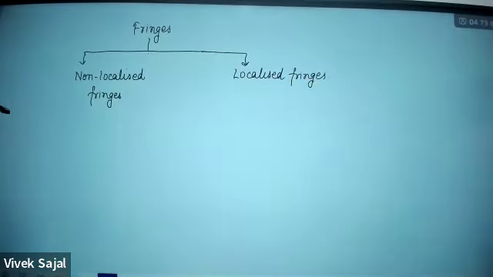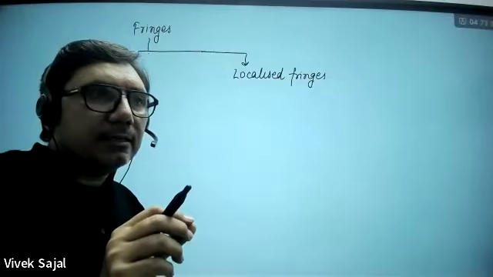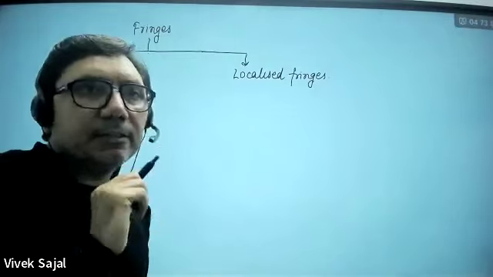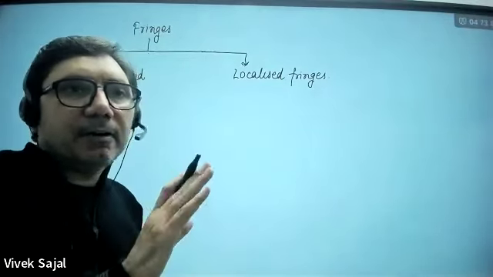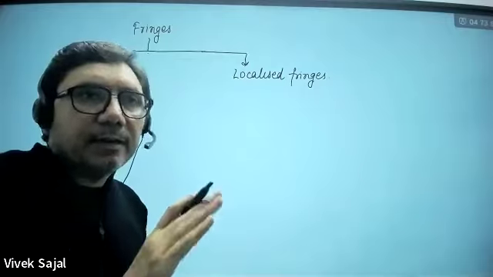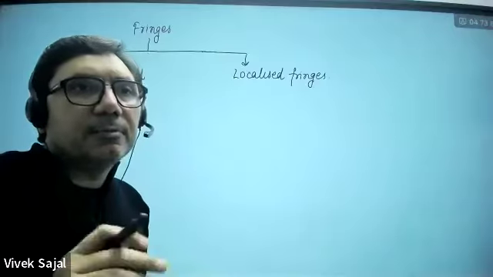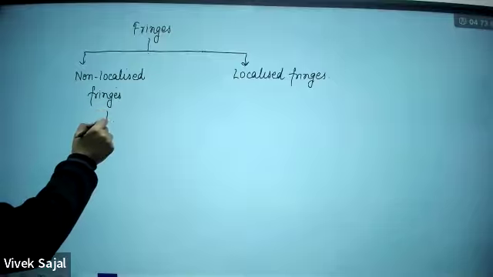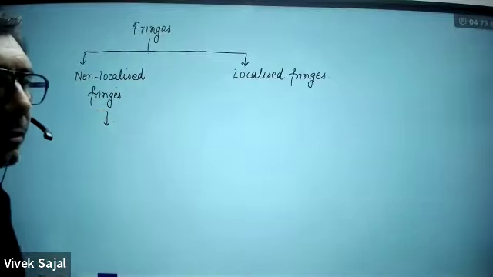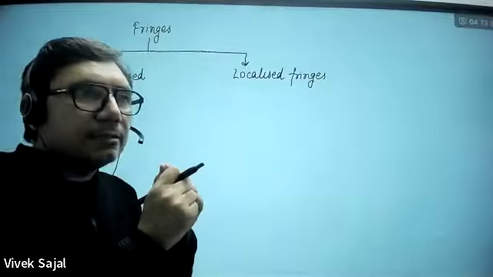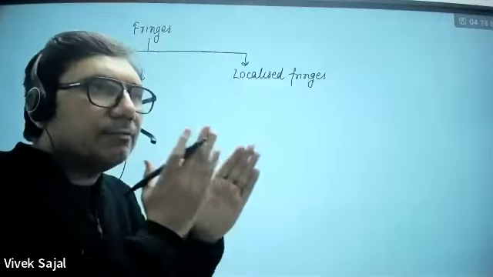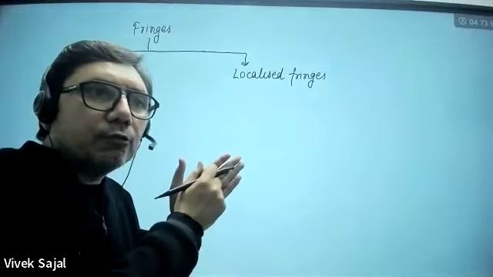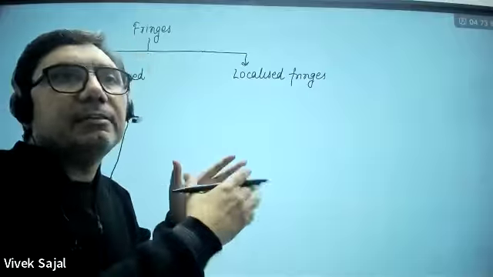So in cases where you are creating coherent sources by the division of wavefront, for example in the YDSE experiment, the Fresnel biprism experiment, and Lloyd's mirror experiment, you are going to get non-localized fringes. They are not constrained. They are not lying within some plane. They are not localized within a plane, but they are going to fill the complete space in front of the